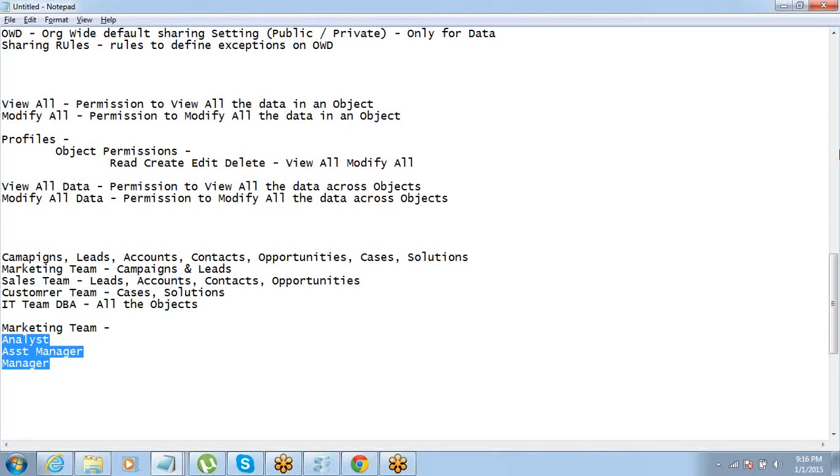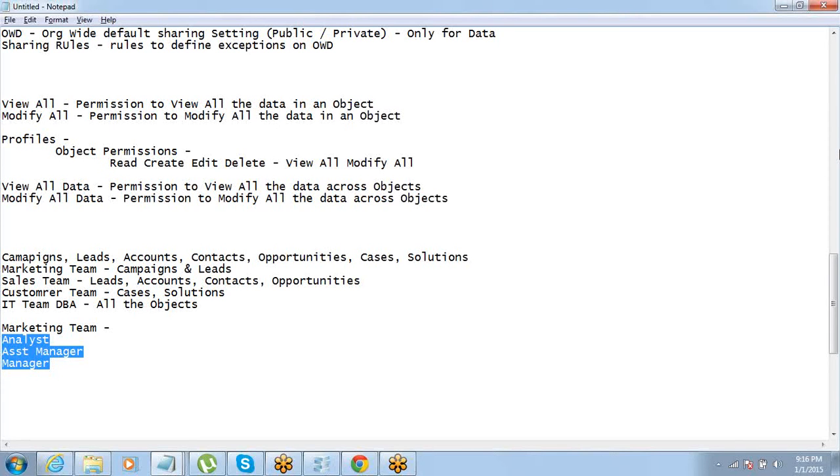Most of the cases, 90 out of 100 or 95 out of 100 cases, they would need the same profile because they are working on the same function. Okay, same service line, same business, same process. So they need access to the same objects and same data or same apps they need to view, right? Yeah, it may happen that they might not get to see all the data.